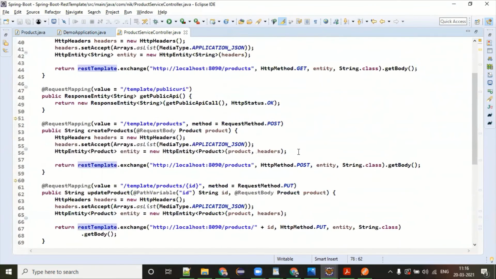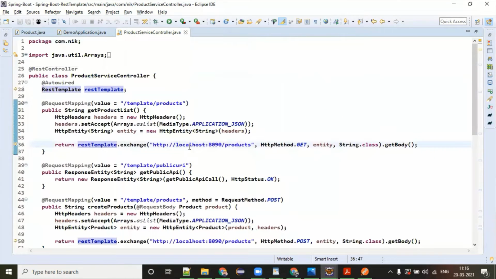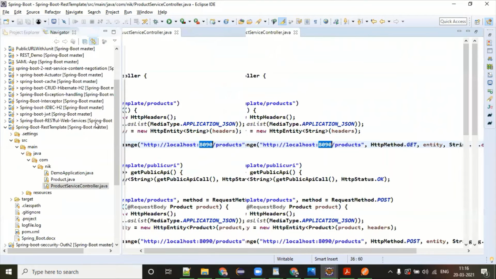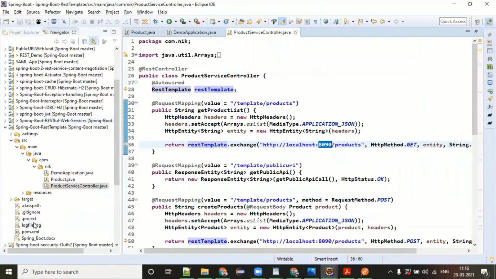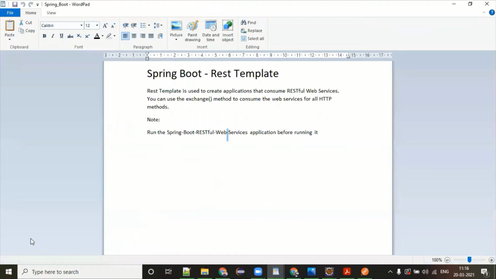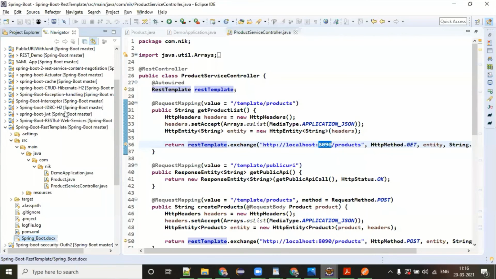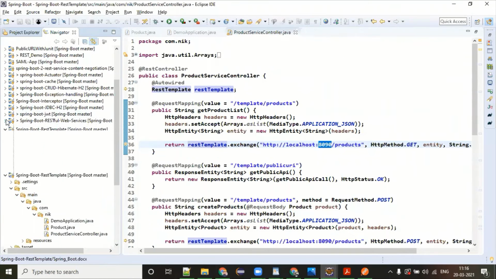Other things are straightforward, but here I'm using this application. So before running this application, I have to run my Spring Boot RESTful Web Services application. So let me start running that first. This one.